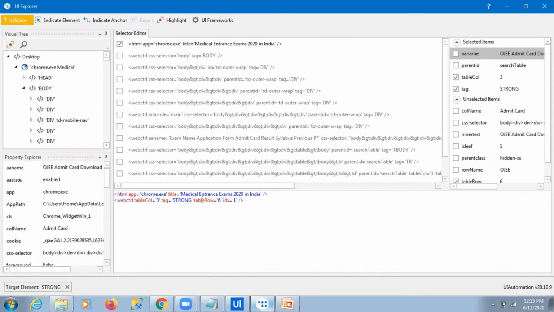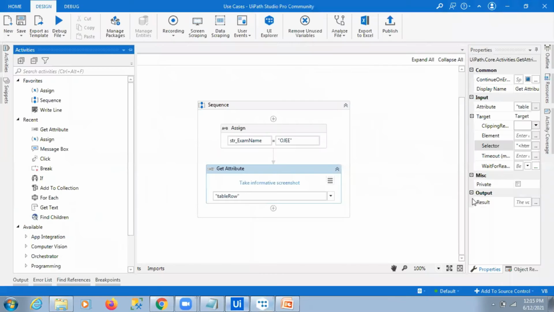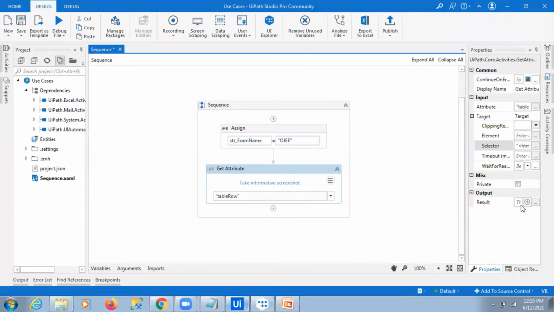So I'm keeping just the title of that element and using the table row. These are the outputs I create here.